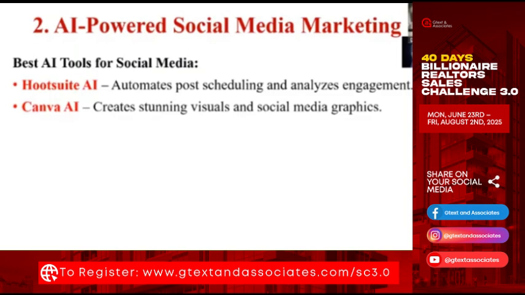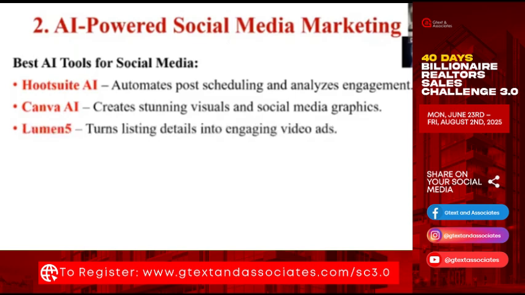We have something close. Postly is one we use. You might want to check that out. Postly. It's much cheaper than Hootsuite, but does essentially the same thing. Canva too has their own thing, Canva AI now, that can create the visuals that you need for your posting. You all know that Lumen can turn your listing details into engaging videos in like 5 seconds,